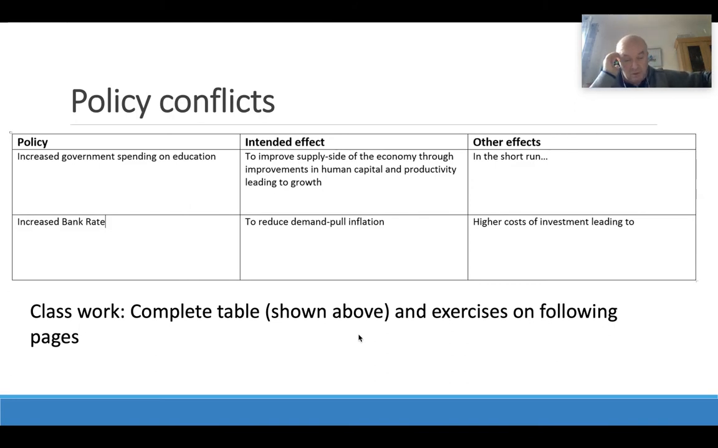interesting things to consider. The second example is another policy, increasing the bank rate, which is a monetary policy. In that case, interest rates would be increased, designed to try to reduce demand pull inflation. However, some of the other effects it might have: there's a higher cost of investment, and that might lead to fewer businesses investing, and that could clearly cause a stalemate in terms of trying to encourage